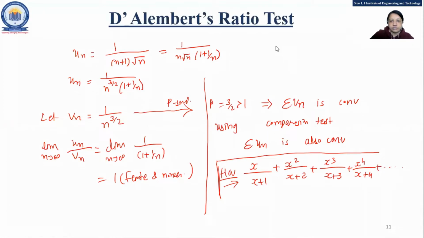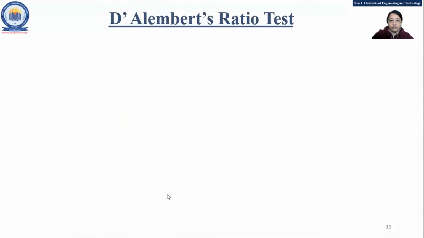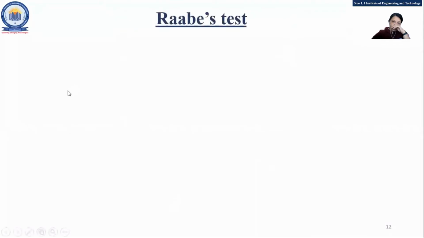Okay, fine. So now the next topic is Raabe's test. So whenever this type of, okay, there are so many tests. So I told you in the last lecture also, just note down all the tests and which condition you are supposed to check. So here also, if summation un is a positive term series and limit n tends to infinity,